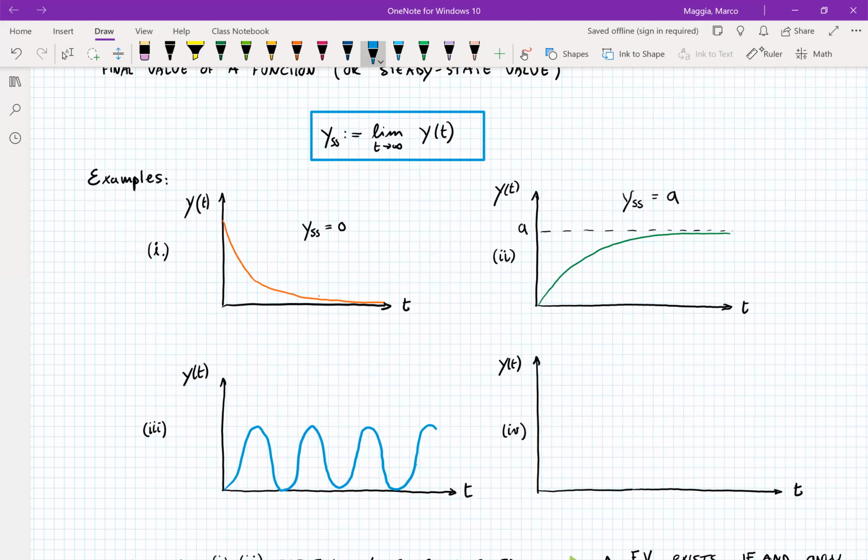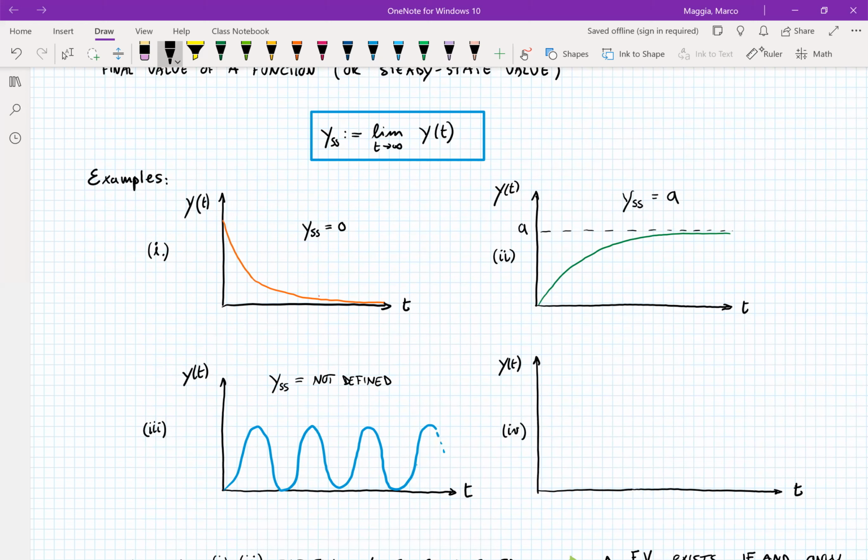If you remember, when you take the limit for time that goes to infinity of a harmonic function, that is sine of t or cosine of t, that is not defined. So if we have purely harmonic functions, the steady state value is not defined, simply because the function will keep oscillating between a maximum and a minimum value,